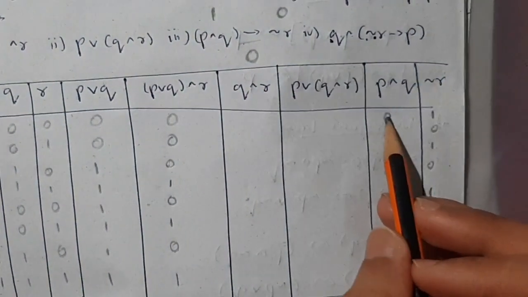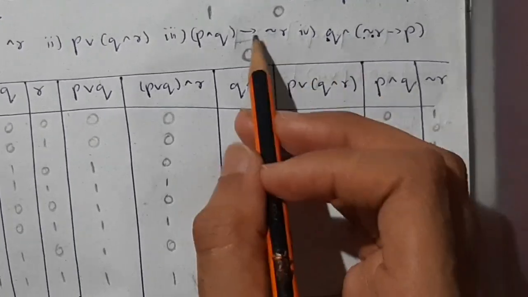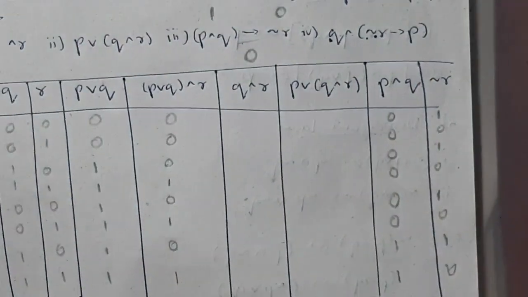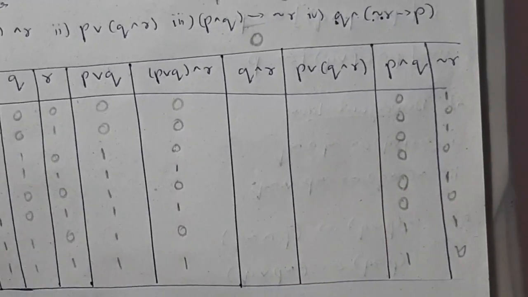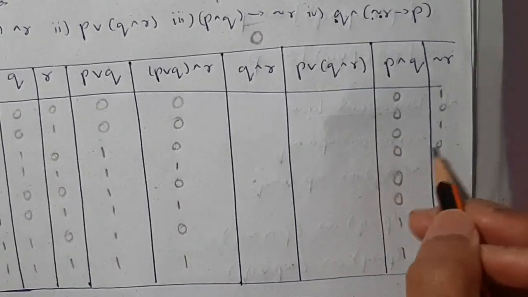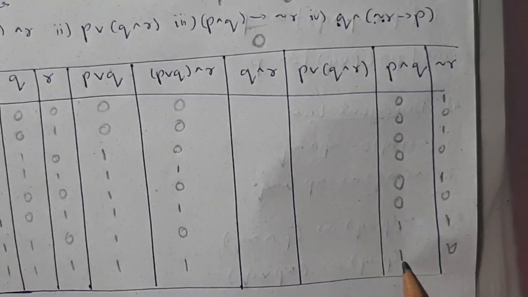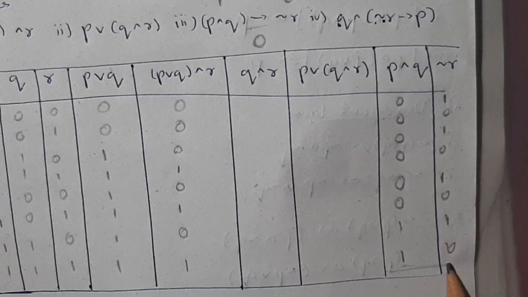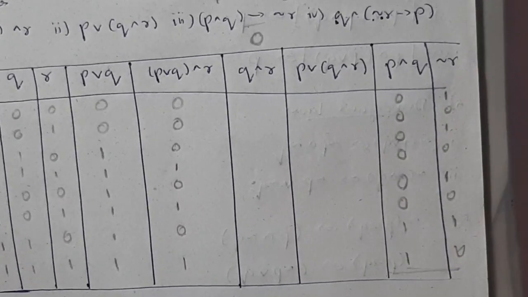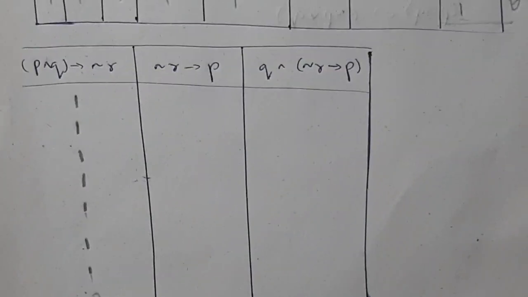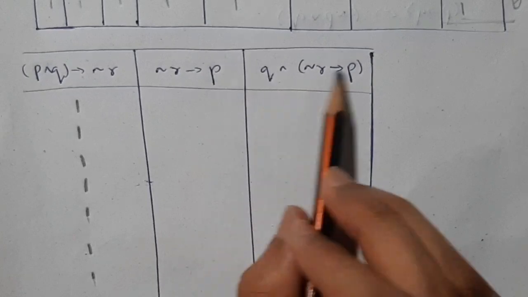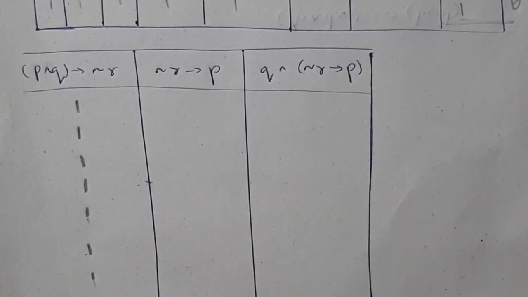Now let's see the first case, 0 and 1. 0 and 1 means it's not the same here, so it is true only. Okay, so we'll write here as true, 1. What's the next case? 0 and 0, that's also true, so we'll write here. Then this is also true. Which is false here? Actually only this is false. See, in this case only you will write 0, rest all cases you will write 1 here. Okay, like this, last case is only false. Okay, rest of the cases are true. Then this is the same thing, you will find the conditional again and find the AND gate. Okay, that's the same thing.